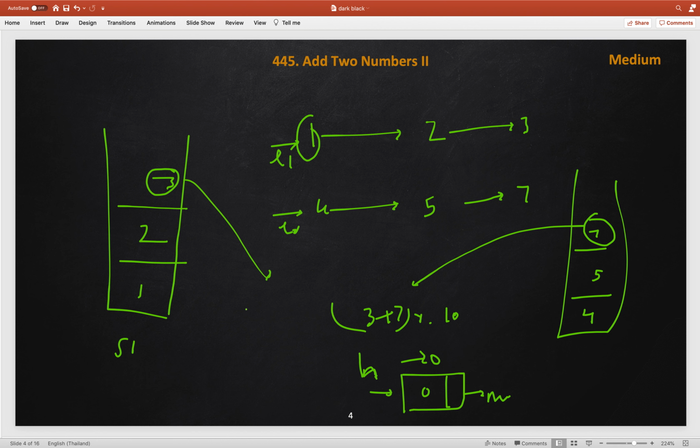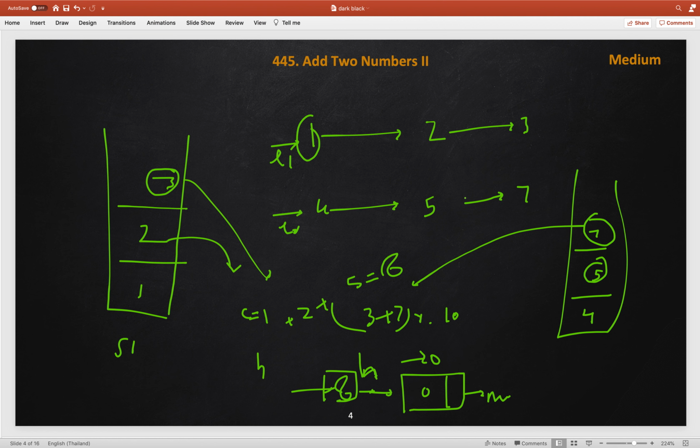Second, now carry will become 1 over here, then we will take another node 2. So 1 plus 2 plus the top from here, the peek, so 5, this will become 8. So now 8 will be added over another node, we will create another node 8 and then add the next to the head and update head from here. So this way we will keep trying it and we will get the result as our answer.